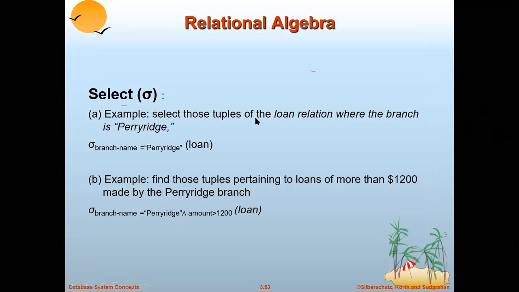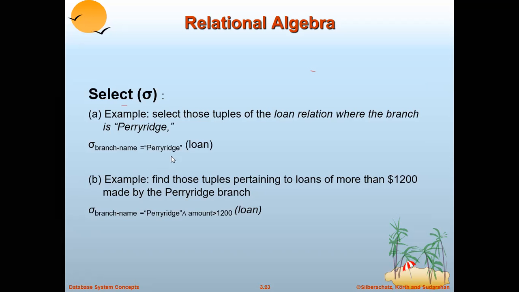Select those tuples of the loan relation where the branch is Perryridge. So the condition is that we want all those tuples of the loan relation whose branch is Perryridge. We write it as a select operation: rho branch name equal to, in double quotes, Perryridge, from the input relation loan. This will find all those tuples which have branch as Perryridge.